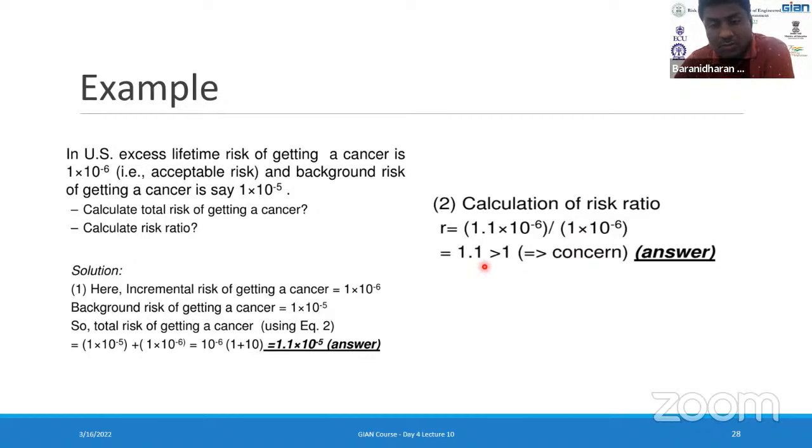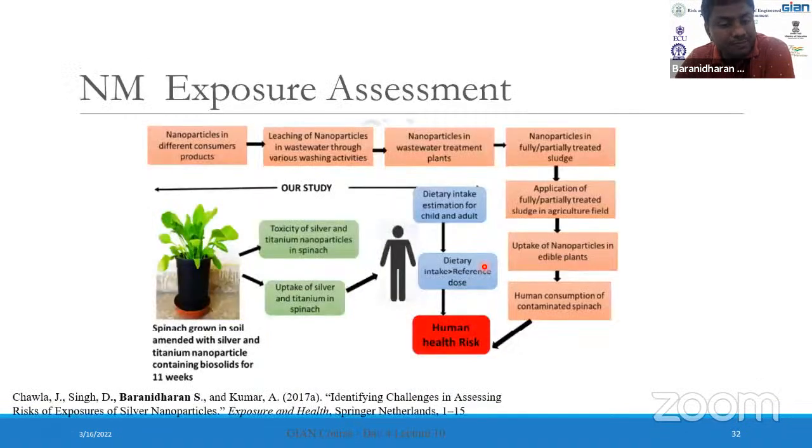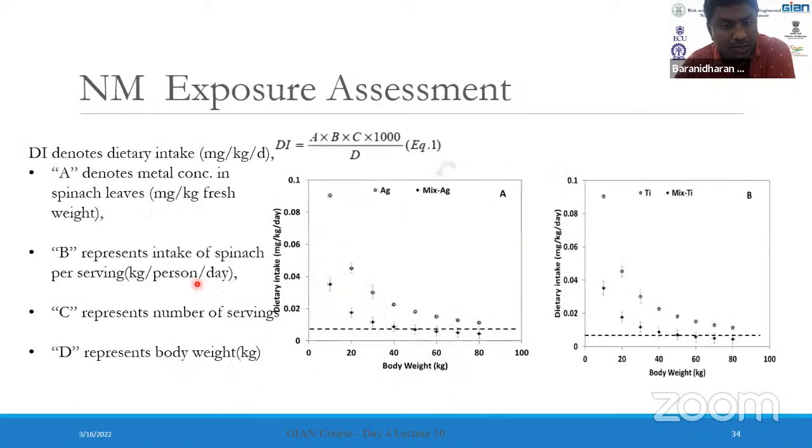A similar kind of study was also done. I will just go through it. Whereas we are mentioning these nanoparticle products, once they get onto the sludge, this pot was exposed to two different nanoparticles, and then what happens with respect to the concentration in leaf as well as shoot. Yeah, this is the slide where this equation was used.